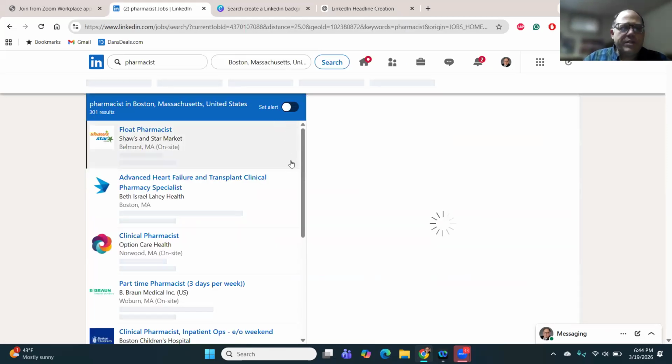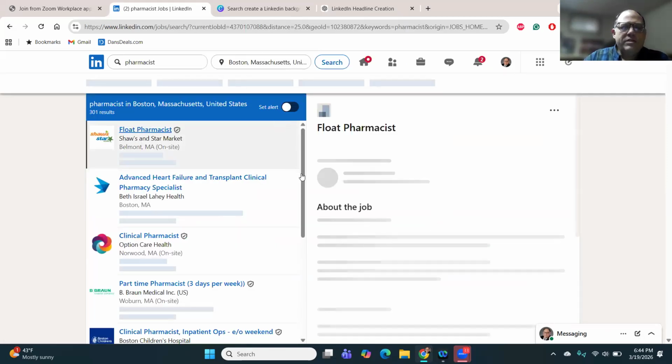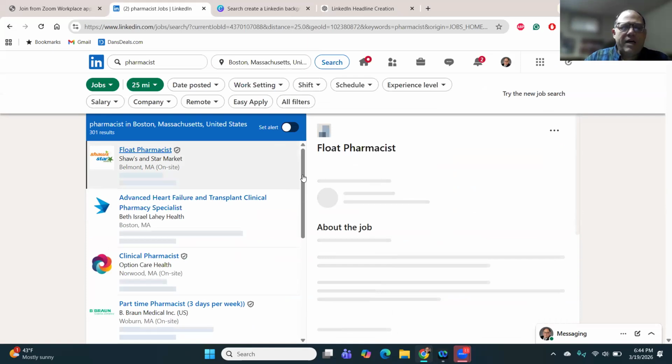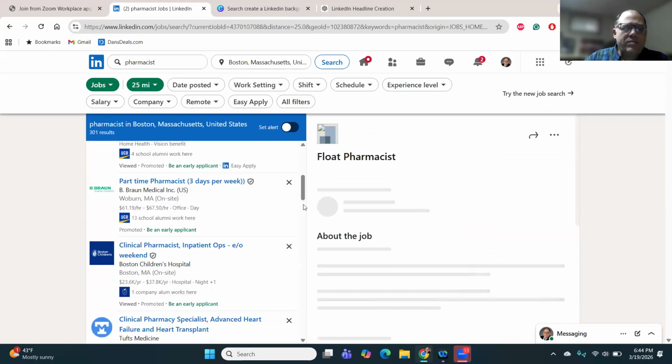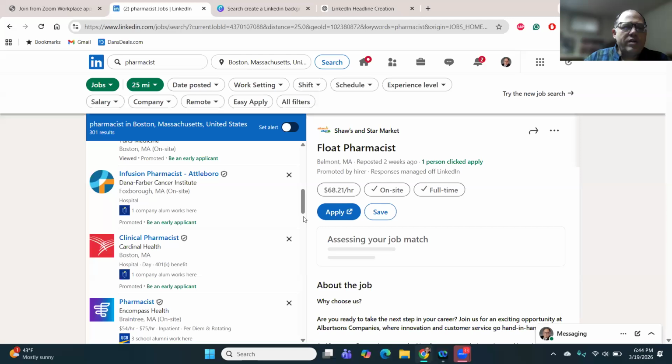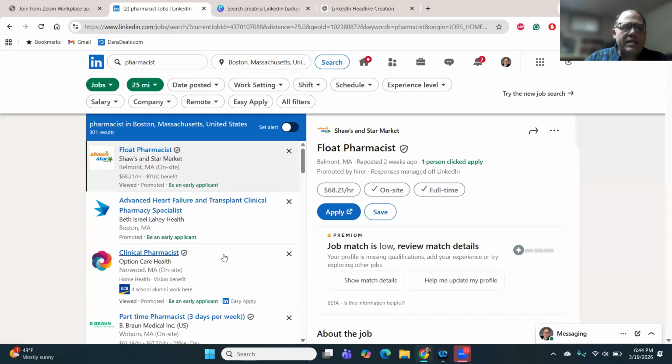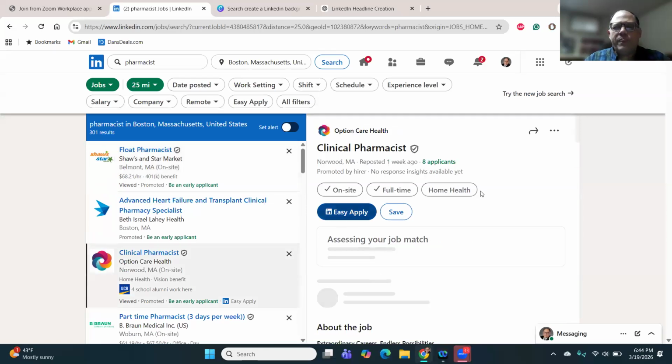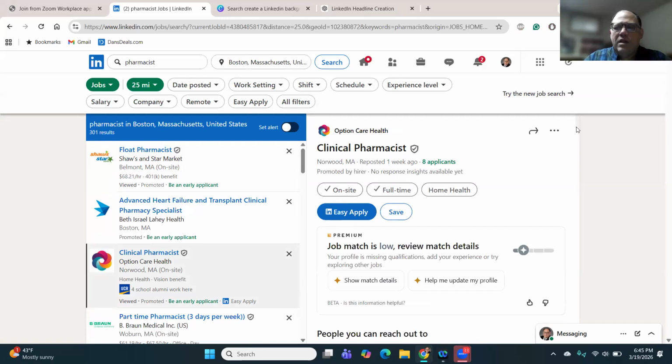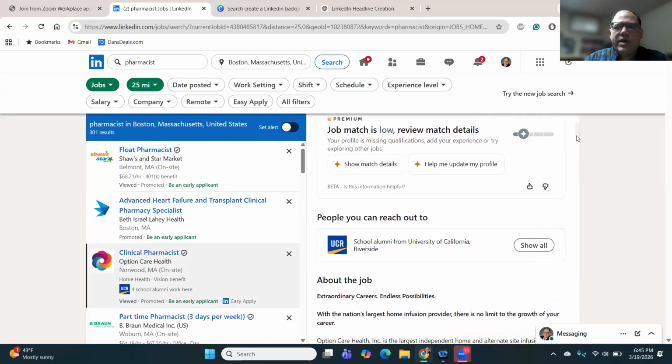It shows a split screen right over here, jobs on the left and about the jobs on the right. The reason I like this so much is that it shows me my connections to people at these jobs. Let me click on this one. Now I go over to the right where it's showing me more information. If I scroll down, there we go. It shows me that I have alumni from my institution who work in that company.